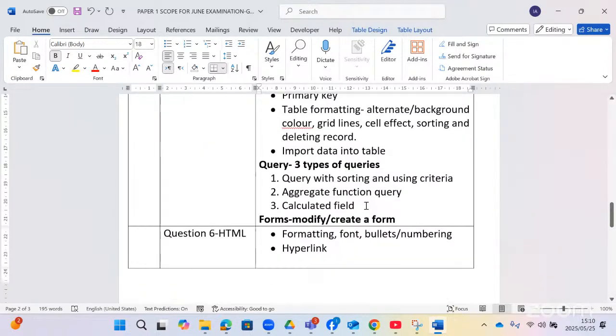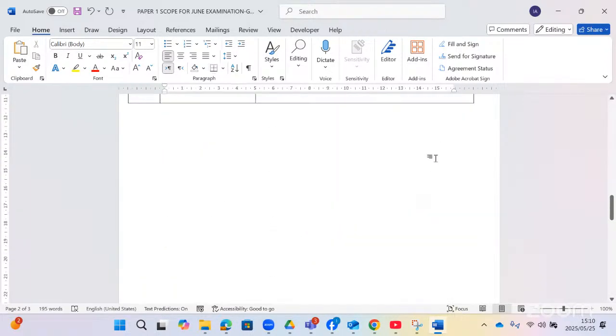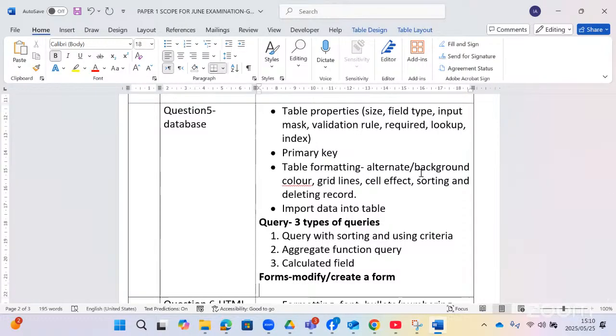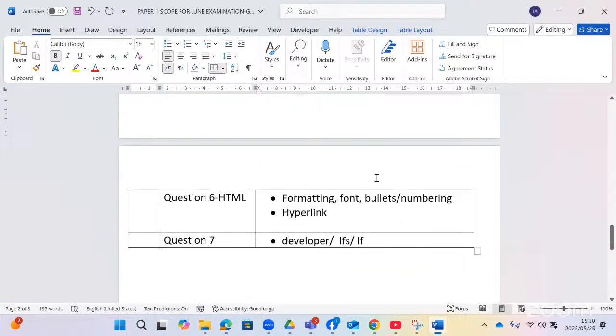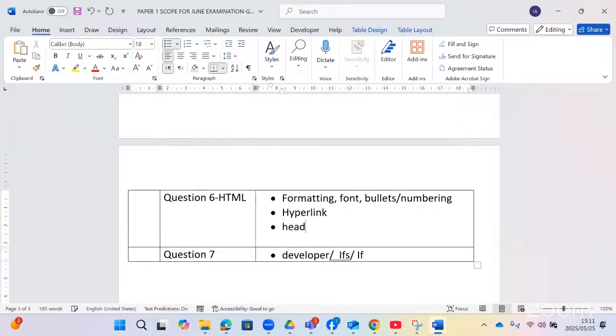Right. And then question 6 is HTML, which is hypertext markup language. And I believe most of you did this in grade 10 as well. Basic formatting in HTML, font, background colors, bullets, numbering, and hyperlink. Right, so inserting headings, and then bold, italic, and others. You must know some of these things. Now, there won't be any multi-level list